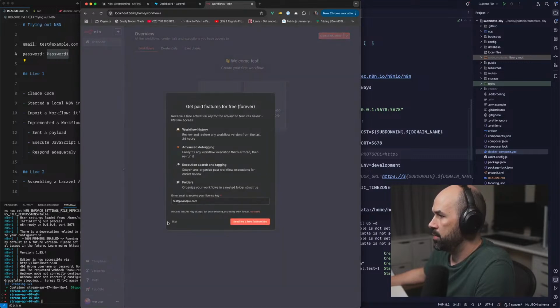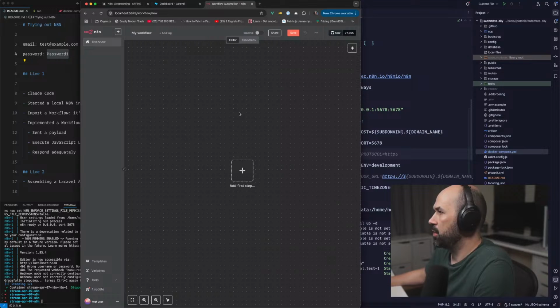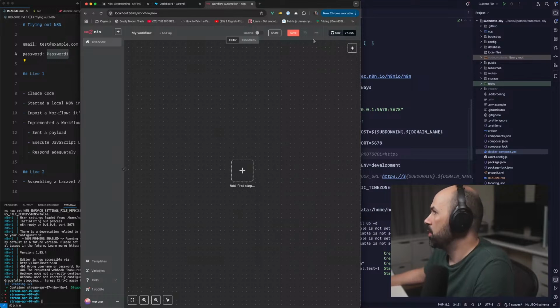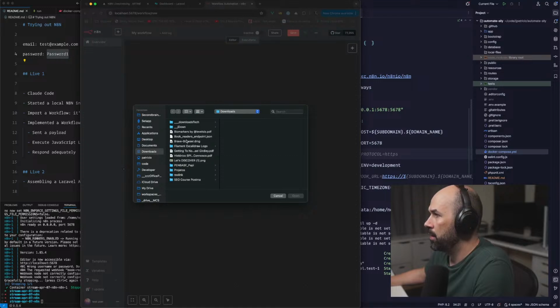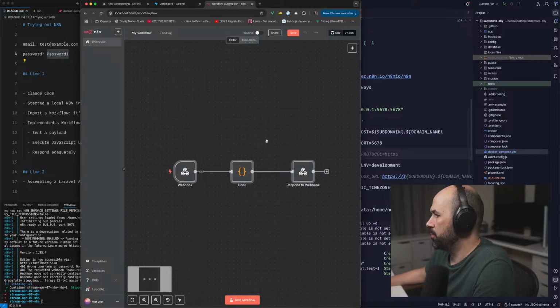So get started, skip, start from scratch, and I'm gonna paste the JSON again. Not like so. So we're gonna import from file the JSON. Here we go.